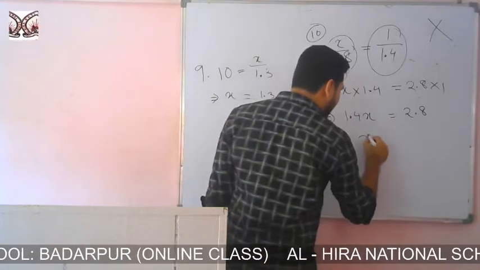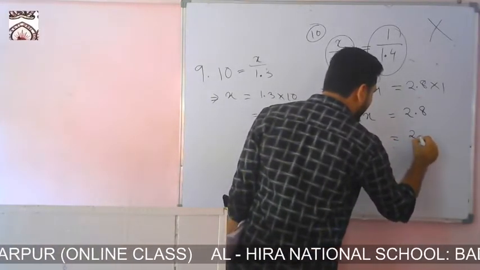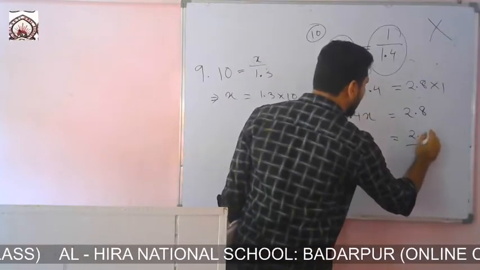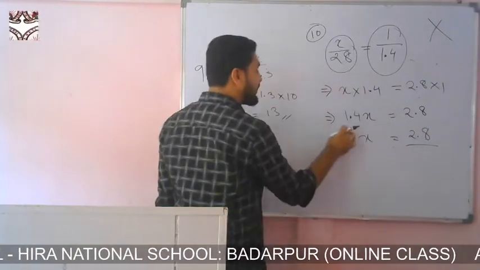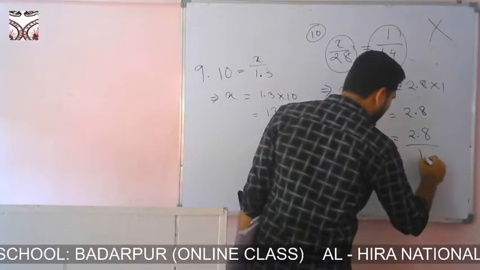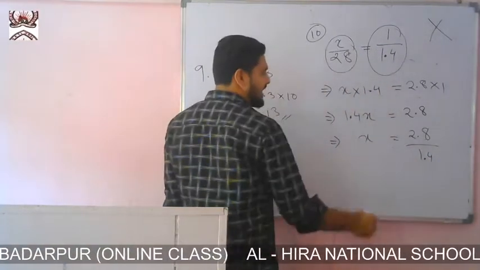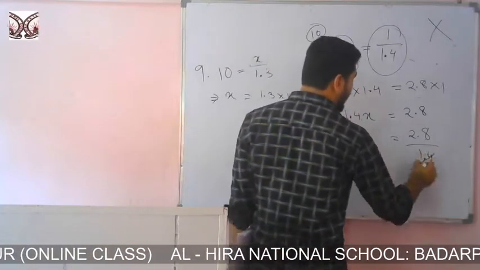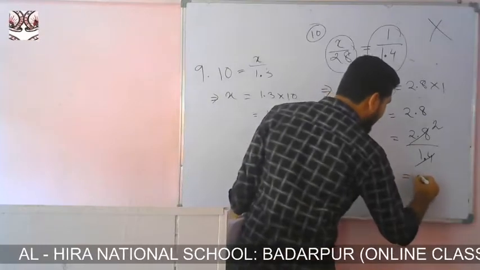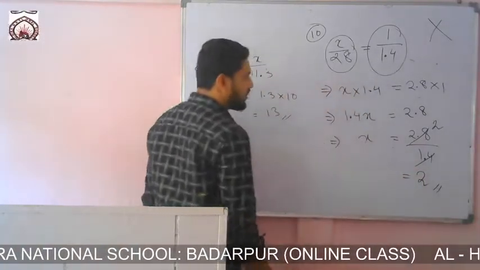So now I can take 1.4 to the right side by division, because 1.4 is with multiplication here in the left side. So if you cancel, then you will get what? 2. 14 to the 28. Okay, so the answer is 2. Okay,